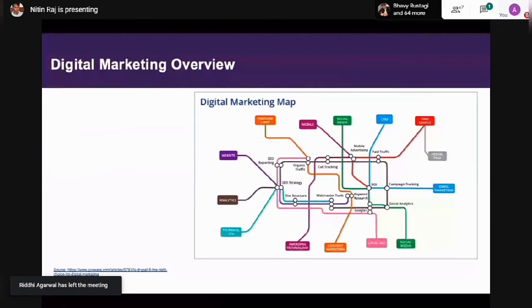Any form of touch point using a digital medium, whether paid or low cost, can be used for digital marketing. For example, if your favorite way of communication is SMS, WhatsApp, Telegram, or Snapchat, that's a form of targeting those customers. Some people prefer texting, some prefer video chats, sharing photos, and so on. Today we do Google Meet, so it's another form of communication which can be tapped into as a marketing form. So this covers an overview.